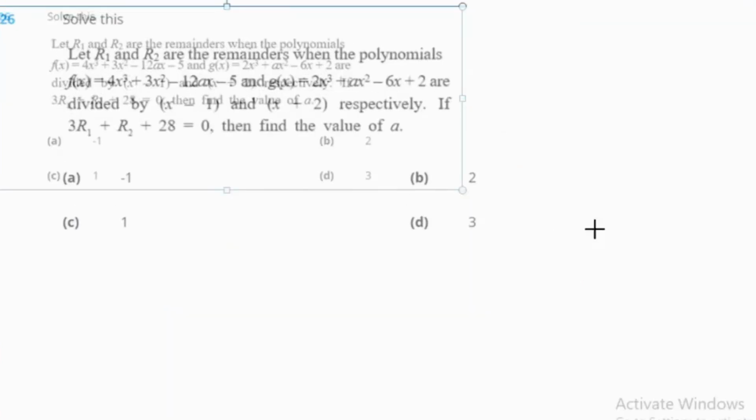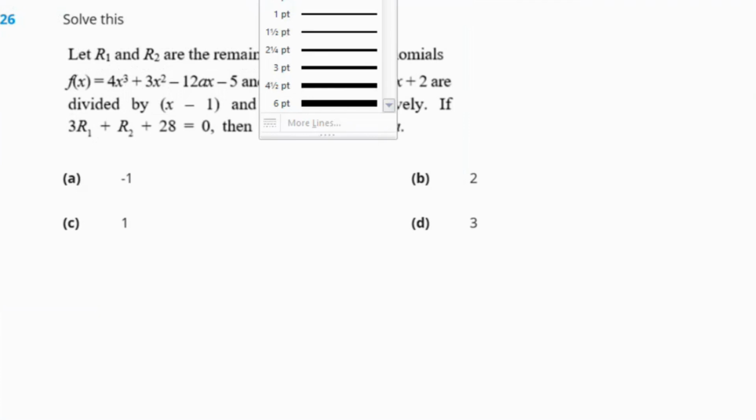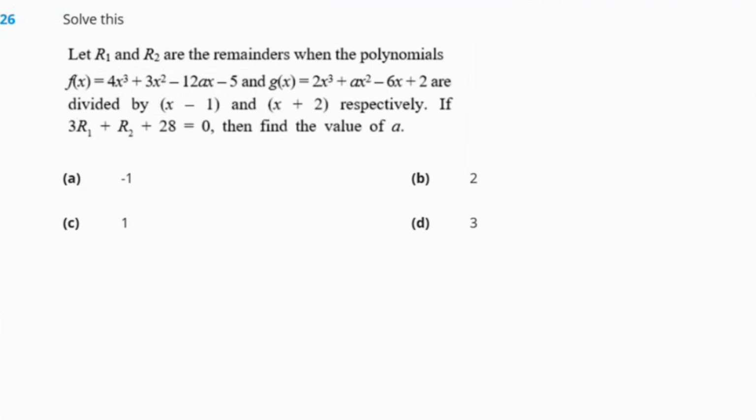Next. Okay, so the next question is: R1, R2 are the remainders when these polynomials are divided by these divisors. When we divide the polynomials by the following, we get the remainders R1 and R2. And if 3R1 plus R2 plus 28 is equal to 0, we are supposed to figure out the value of a. Since the dividend, the divisor and the remainder are given to us, for that, what we can do,